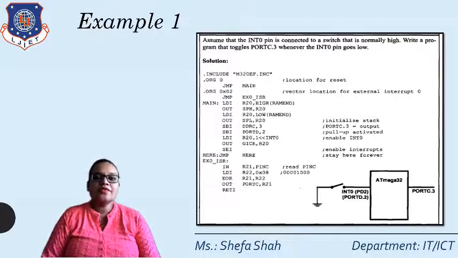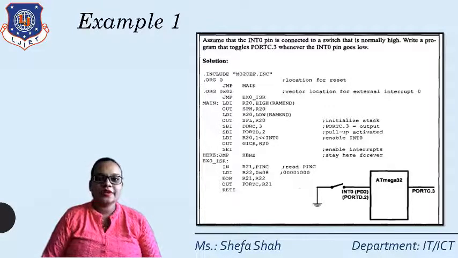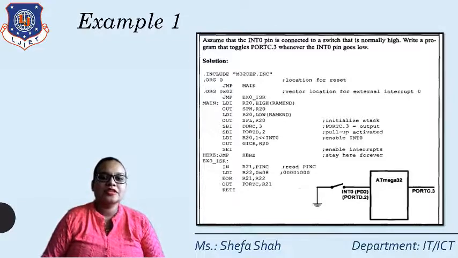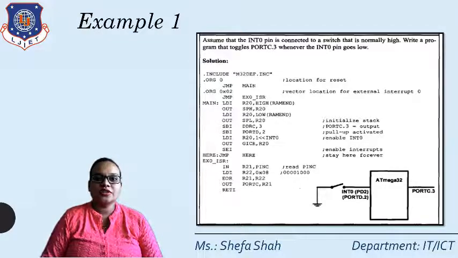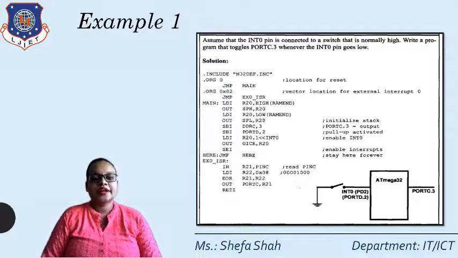Right now here we are using the external interrupt that is INT0, which is at the address 2. So here we will define the address with .org 0x02. Whenever an interrupt request is generated, it will come to this particular label where 0x02 defines that INT0 has been generated, and it will jump to a service routine. Right, so it will jump to EXO underscore ISR. That means external interrupt 0 service routine, where it has been written.